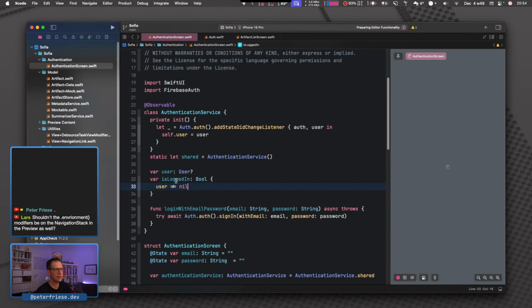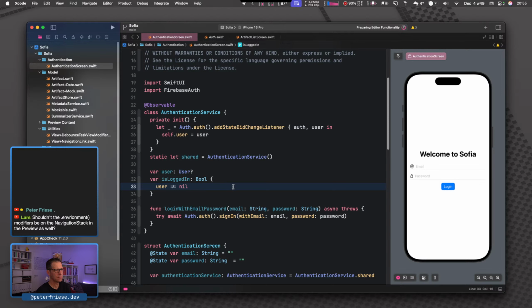So if the user is not nil, we're logged in. So when we initialize the service, we will register the add state did change listener, and that will continue listening to the authentication state. And whenever the user signs in, it will assign the user to the user object. And whenever we call is logged in, we will get the current state.